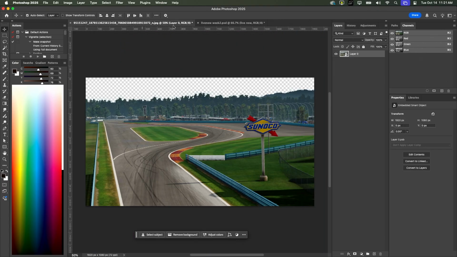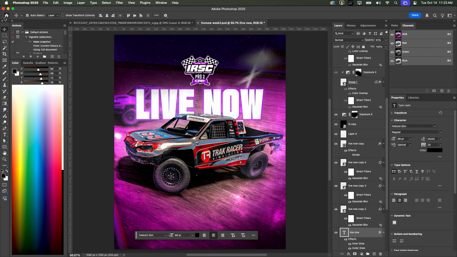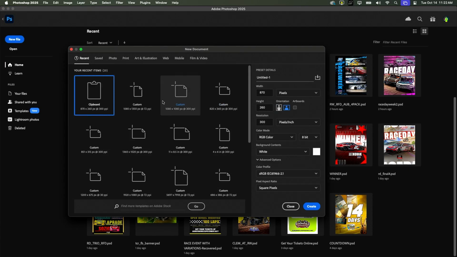So we're going to hit live now, or just make a copy of it. Same thing, we're going to go home, hit new file, and go 1050. We're going to keep the 1080 by 1350 at a 300 resolution. We're going to hit that create button, and then we're just going to drop